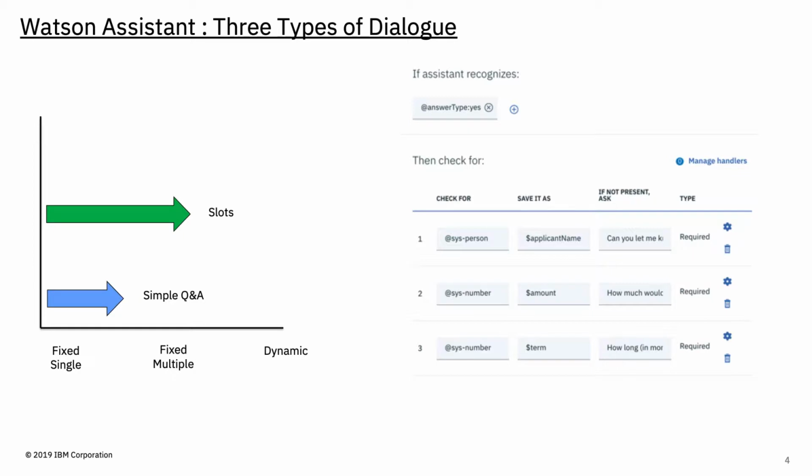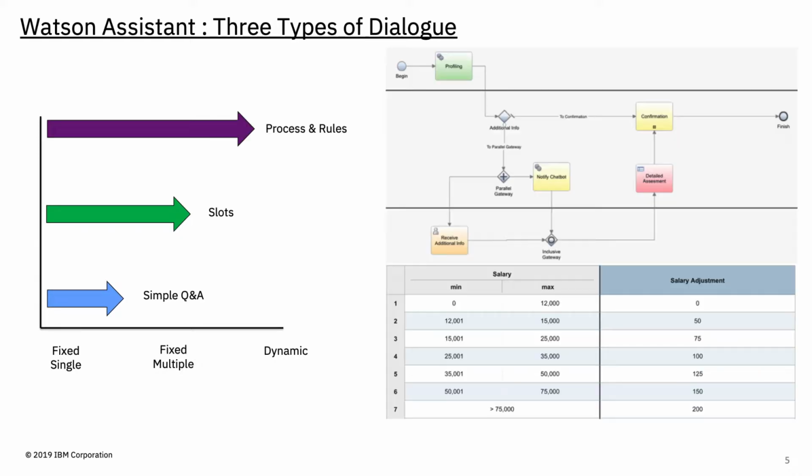Now, as an upgrade to the simple dialogue node, Watson Assistant added slots, and a slot allows you to identify a particular intent, but then capture multiple parameters from the customer using one dialogue node. So in this example we can see it will look for a person and two numbers, and if it hasn't filled those slots, it knows the phrases to present to the customer to request that information. Slots make it easier to program more complex chatbots, but they're still fairly rigid.